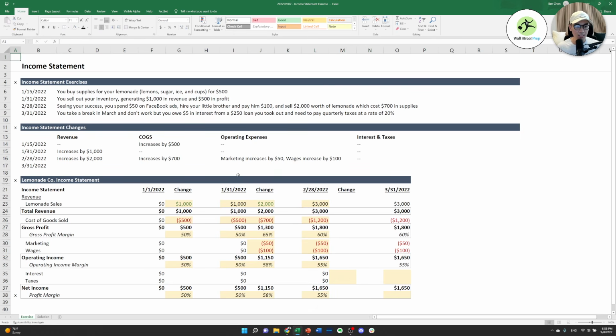All right, so last up, at the end of March, you take a break and you don't work at all because you're tired, you have school, whatever. But you do have to pay $5 in interest from a $250 loan that you took out earlier from your parents, and you also need to pay quarterly taxes. You have to pay $5 on the interest, and then you also have to pay quarterly taxes at a rate of 20%. So let's see what happens here